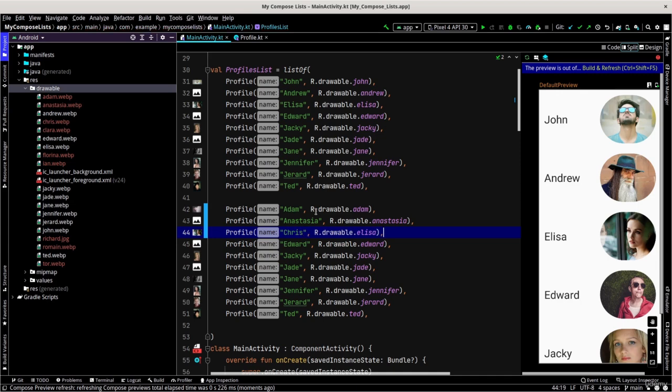Next one, Chris, Clara, and its drawable Clara. Florina,